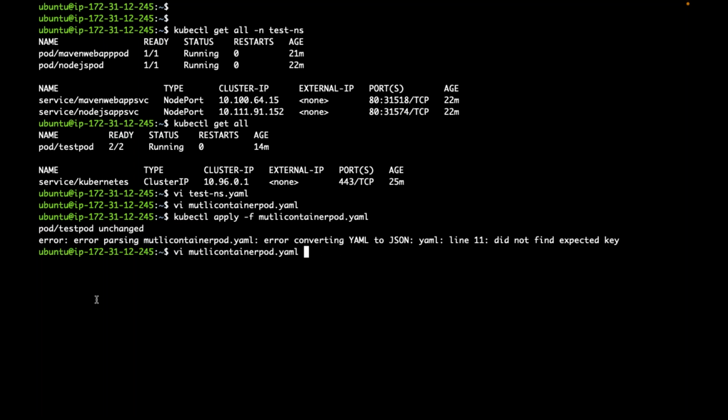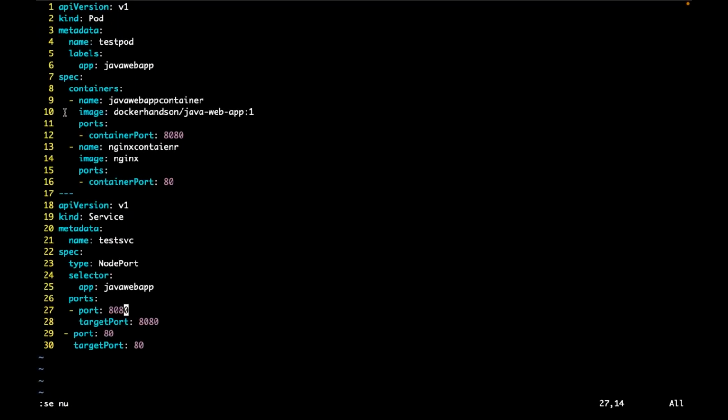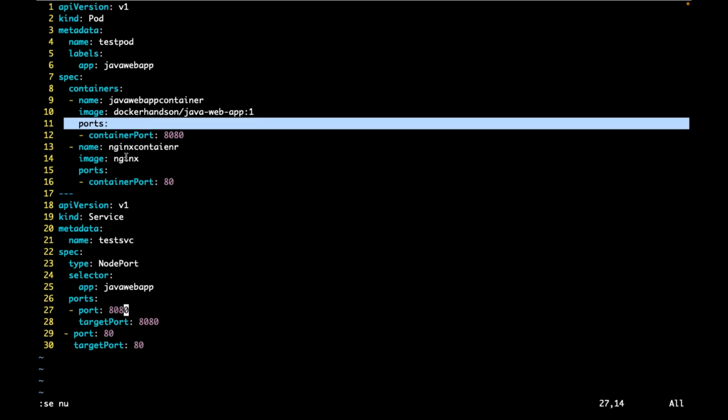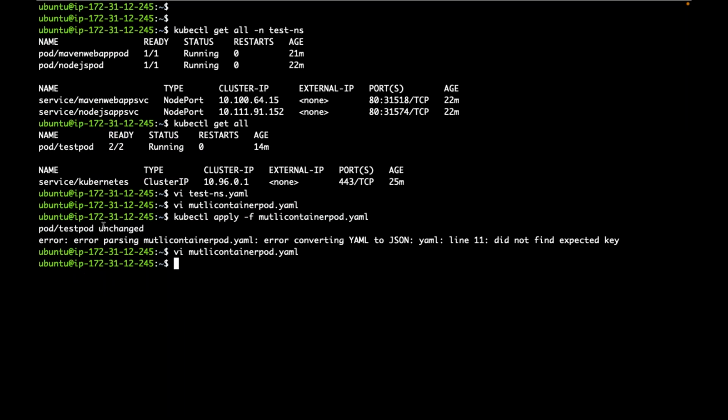Line number 11, there is an issue. Guys, when you are using multiple resources, don't get confused with this line number 11. Do you think this is line number 11? Are you thinking you have a problem here? No. If you see, it is saying this is fine, but another object, line number 7, is throwing a problem.